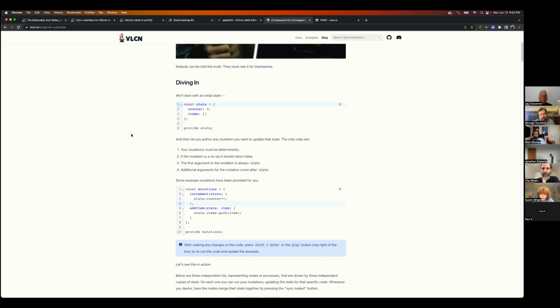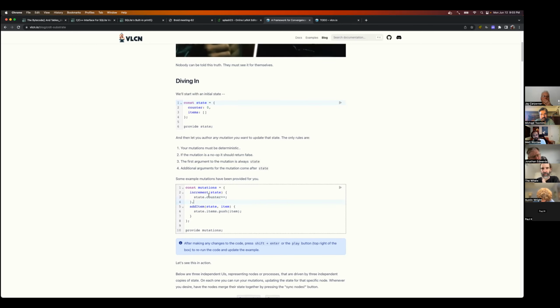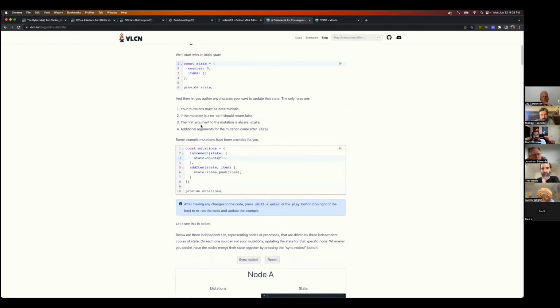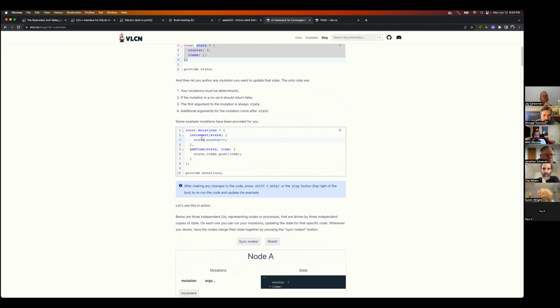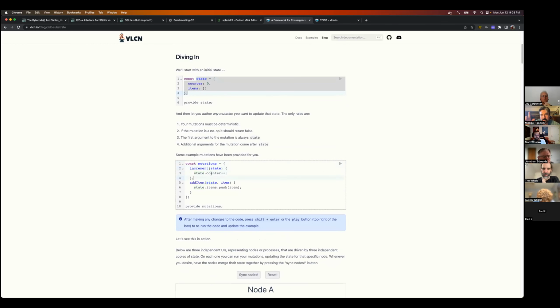So is there a way to just let the developer write code, just write mutations, and then in the background we understand when those mutations are run? We create a time tag, I guess, for those mutations, so then we can apply them and get the correct semantics the developer expects. So in this example here, you start with some initial state. The developer declares some mutations.